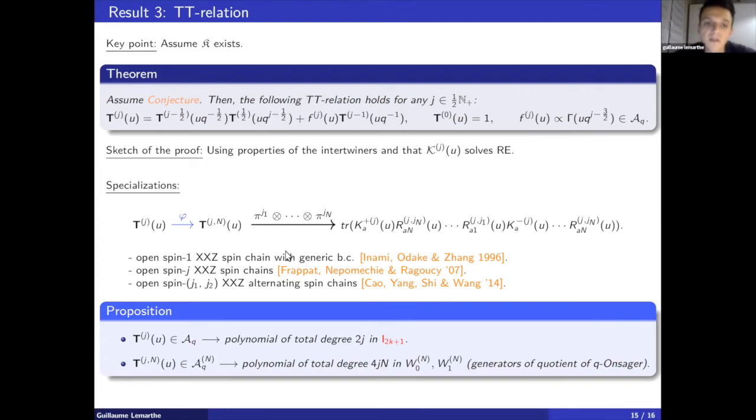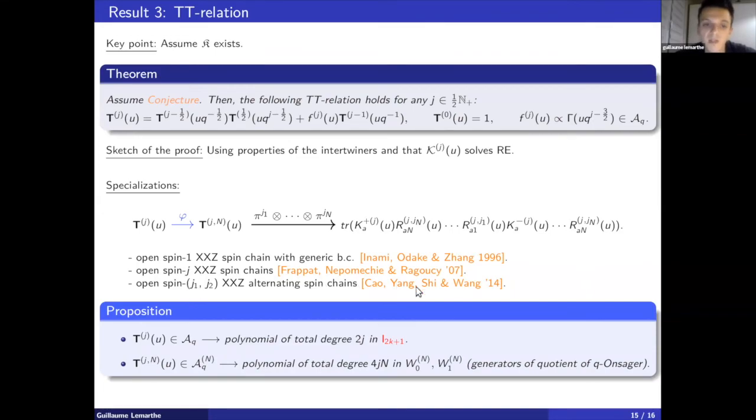And now specializing this ji, you can obtain, for instance, if everything is equal to spin 1, the usual XXZ spin 1 open boundary condition. If you fix everything to j, then you obtain the spin chain for spin j open boundary conditions, and also